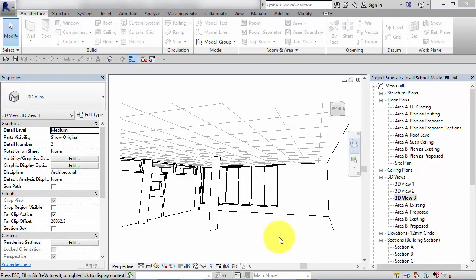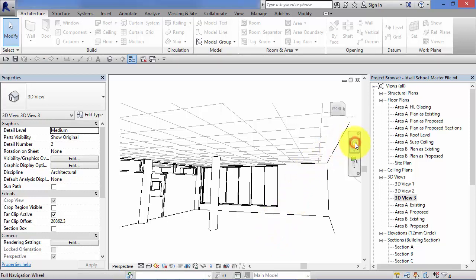We've just seen how we can stand in our design and look around. In Revit we can take that one step further and we can actually walk around our design. So again, bring out our 3D steering wheel, and you can see in the center we have a command called walk, and click and hold with your left